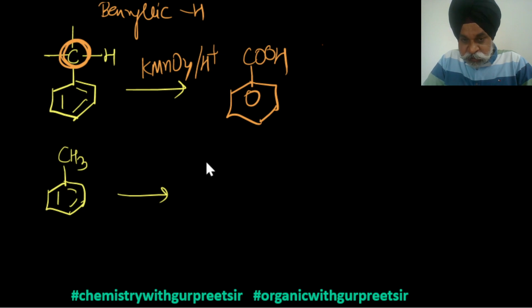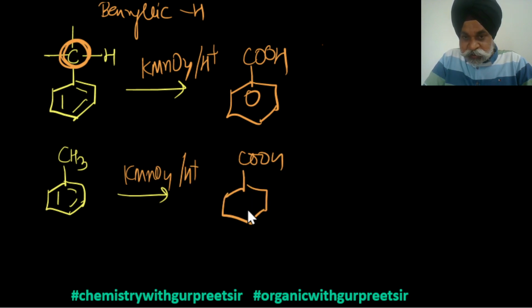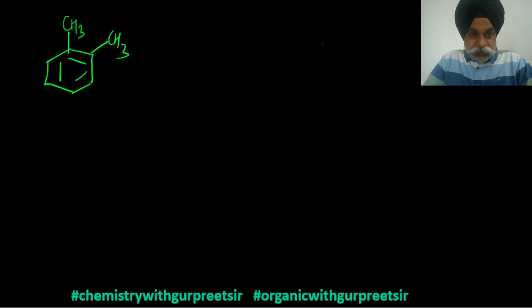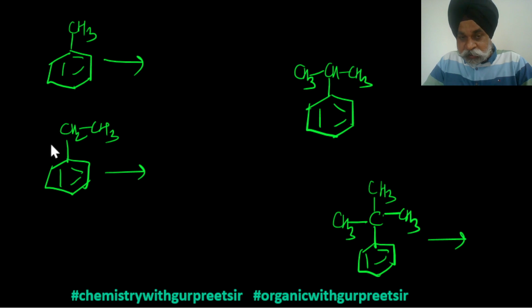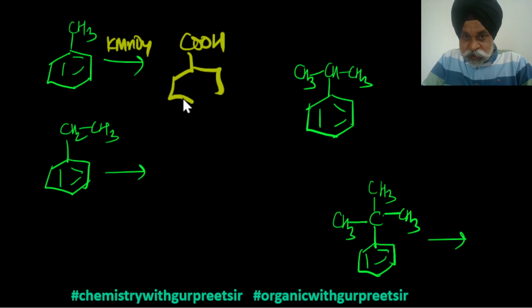Just like in this case, the KMnO4 oxidation would convert this into COOH, and the other hydrogens would go out as water. This is quite an important one. So you need to have benzylic hydrogen, at least one. So if I just treat it with KMnO4, as I have just said, you end up getting benzoic acid, and the same answer you may also get with